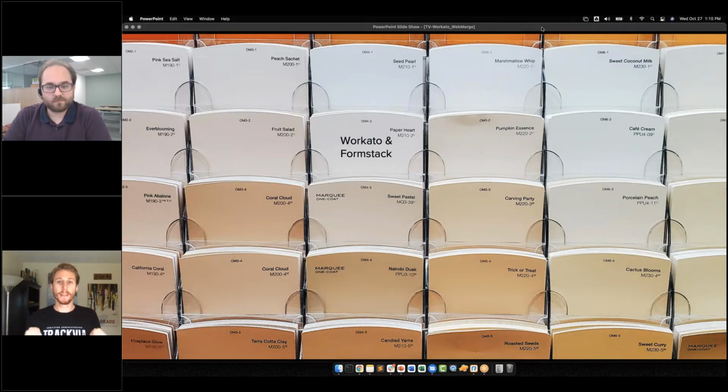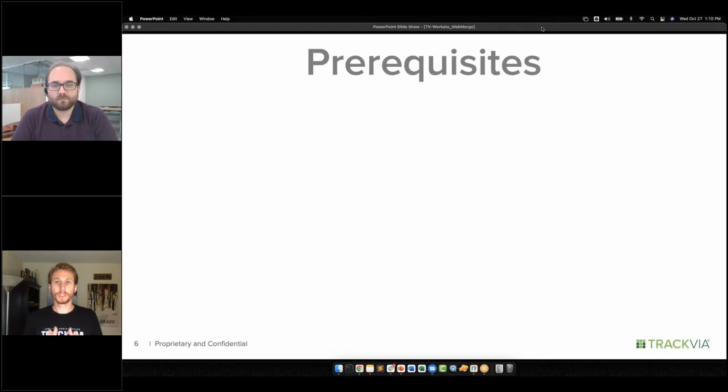Okay, this option is what we have found works best for our customers. It is the perfect blend of ease of use and flexibility. Okay, it's pretty easy to set up, and it gives you a lot of customization on that template. Okay, so this is what we're going to be talking about today, and that's what Tim's going to be walking us through. Now, before we turn it over to Tim, we'll just finish off here with a couple of prerequisites.